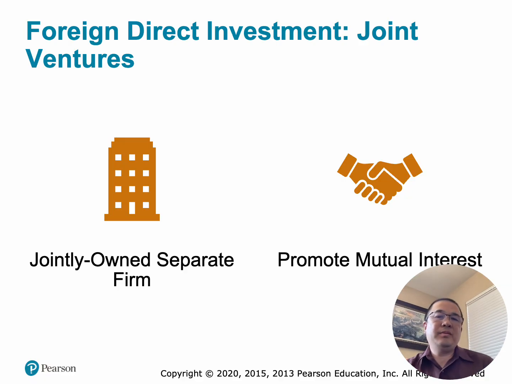It also helps promote mutual interest. The second bullet highlights why companies create joint ventures. Each partner contributes something valuable. So a foreign partner may contribute technology, brand name, and management expertise, as well as capital. The local partner may contribute local market knowledge, distribution channels, government relationships, understanding of local regulations, and the workforce. So the result is that both partners benefit from the arrangement.